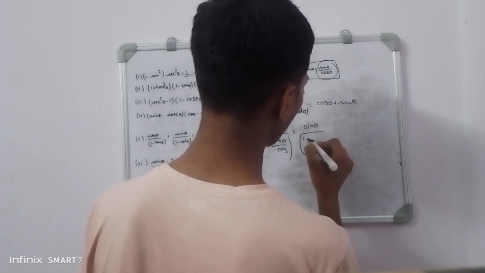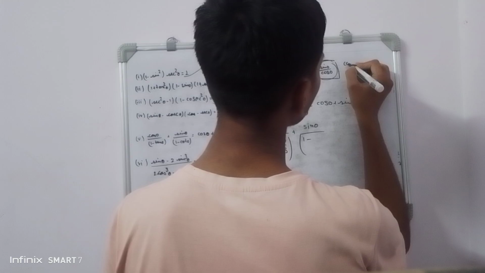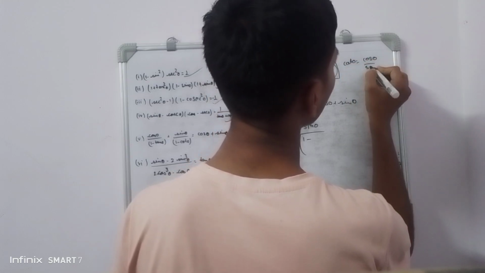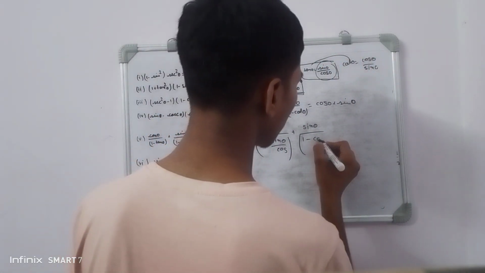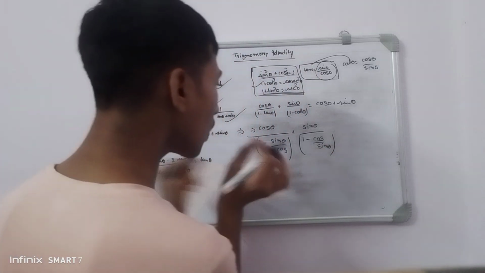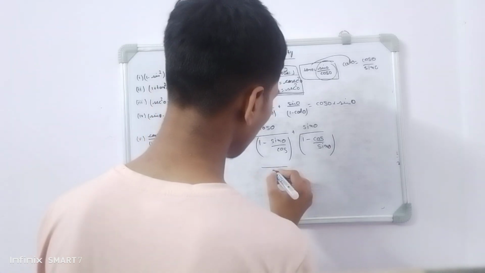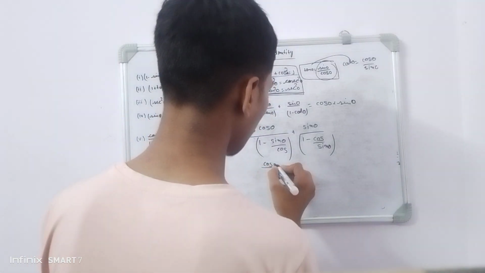As you know, cot theta is the reciprocal of tan theta, or you could also write cot theta is equal to cos theta by sine theta, because its reciprocal is like this. So this can be written as cos theta by sine theta. And when you get in the form of fractions, then you have to take the LCM. So when you take the LCM here, cos theta becomes cos theta,